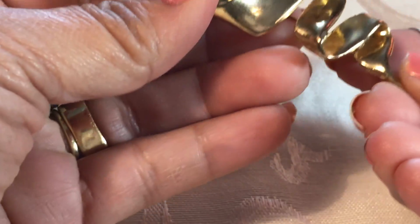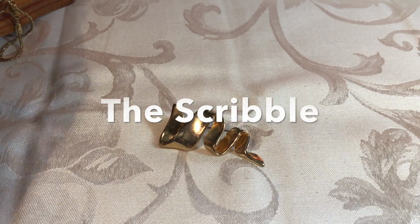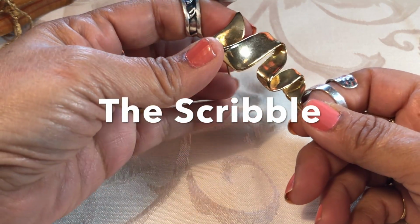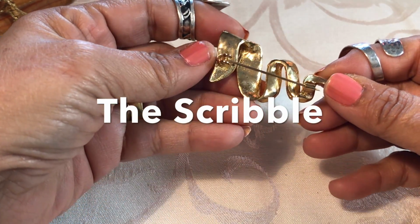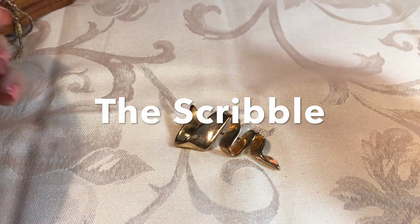And then, what is this? A little brooch. This is a nice brooch, too. It's just a little swirl, but it's very well made. It's very heavy. These are really popular as well in the 80s. I forgot what they called them. I think it was Paloma Picasso. This was her signature back in the 80s. And she also designed for Tiffany and Company. And this is the design that pretty much put her on the map. And I believe it was called the swirl